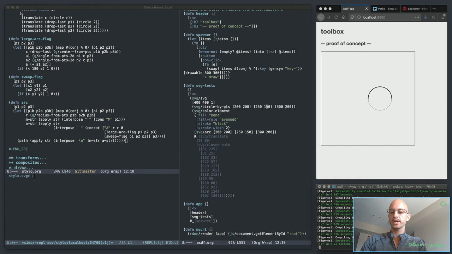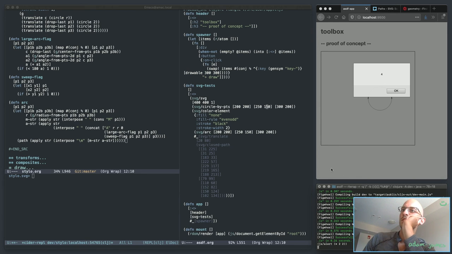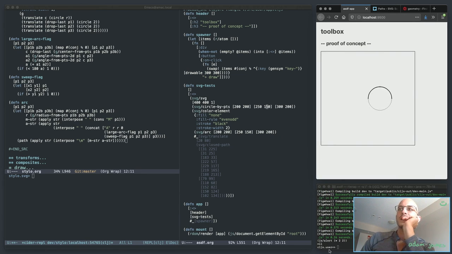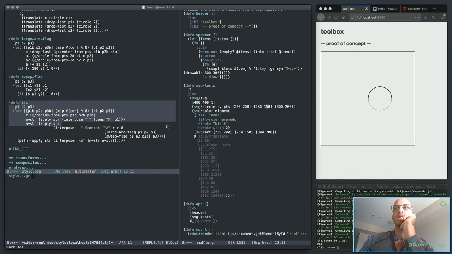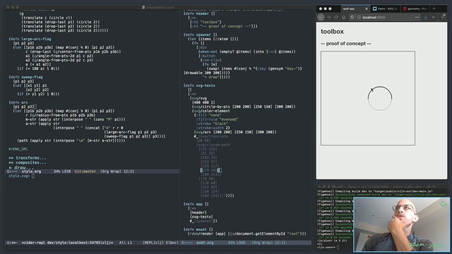All right, so we're back with things should be working. Yes, okay. We're back with a REPL running here, ClojureScript REPL here. We've still got my Clojure REPL here. We've got my Stylo library here, where I'm adding and working on different implementations for various drawing tools with SVG. And here we just have an environment for testing